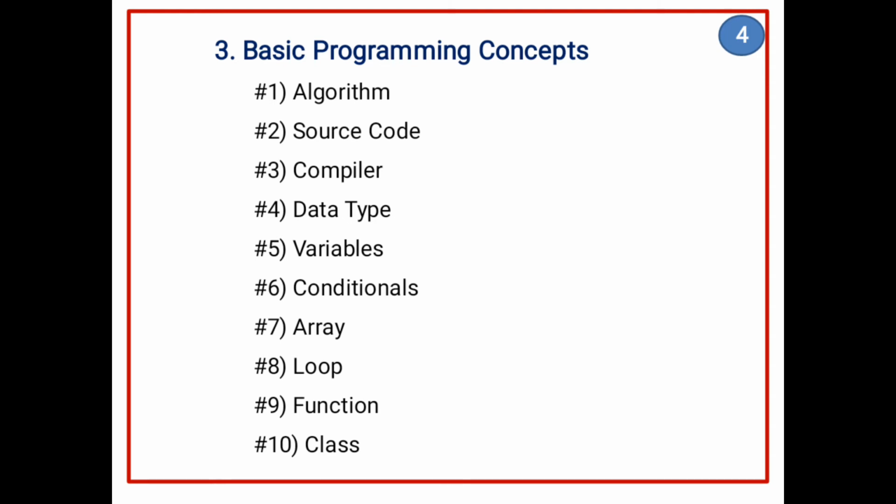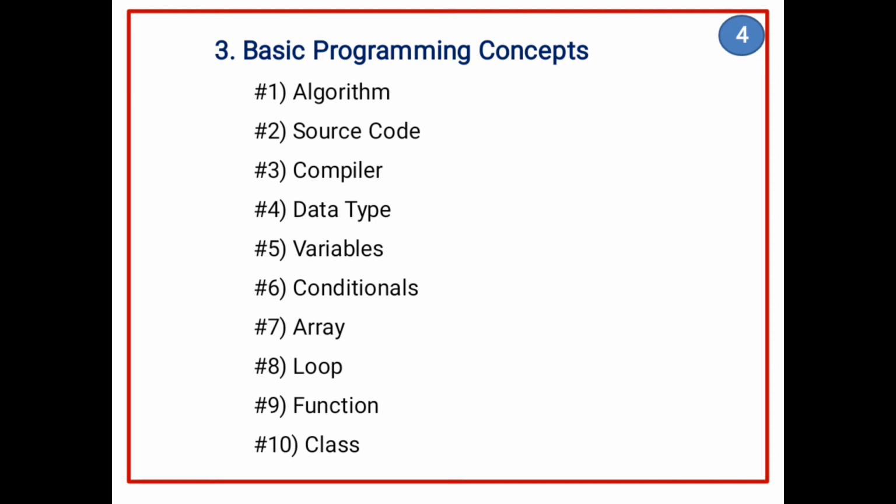Next is function. Functions or methods are used to accomplish a task in programming. A function can take parameters and process them to get the desired output. Functions are used so that we can reuse them whenever required, at any place, repeatedly.